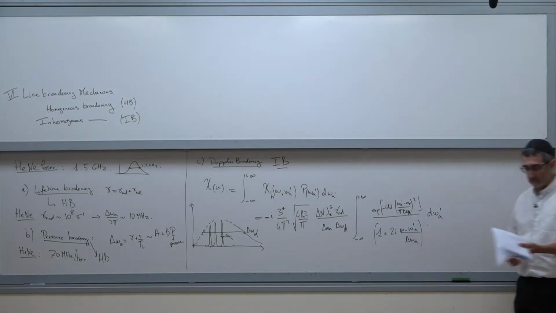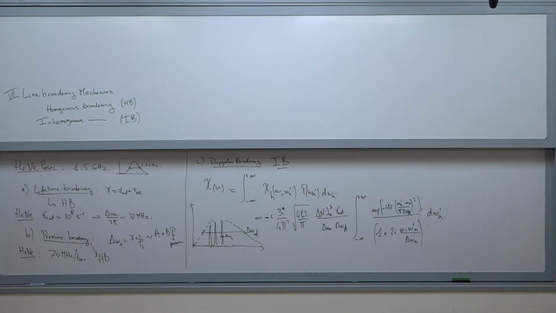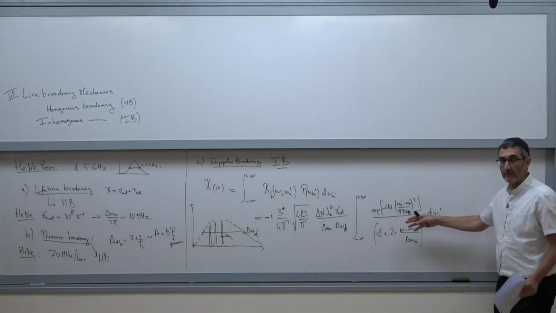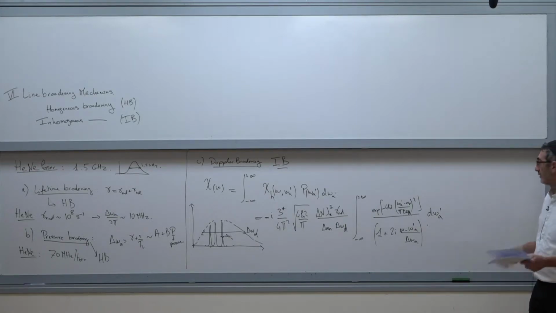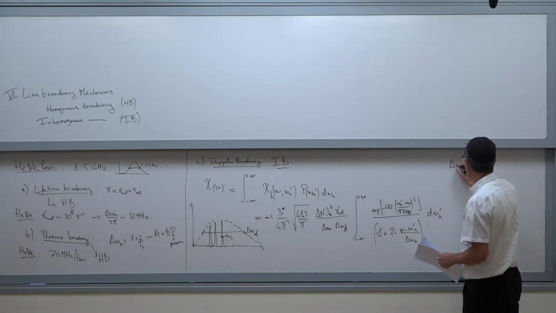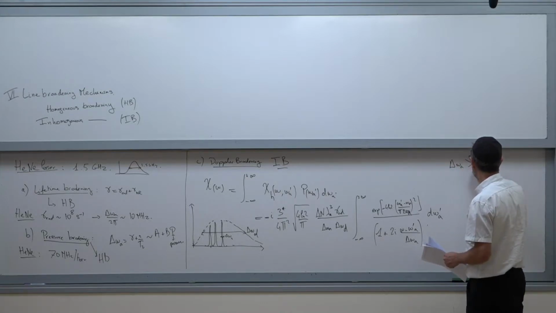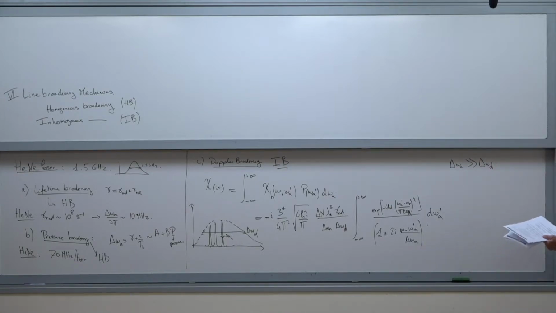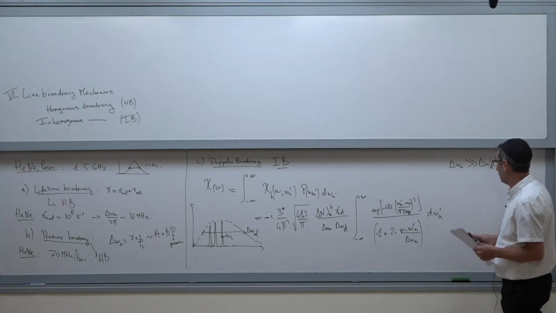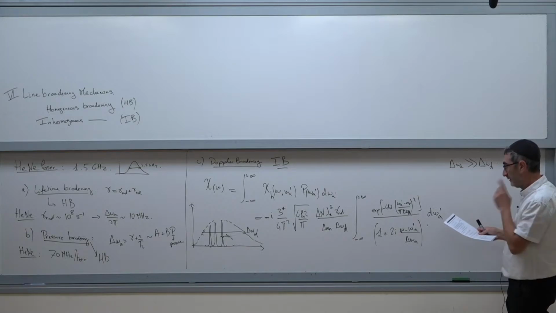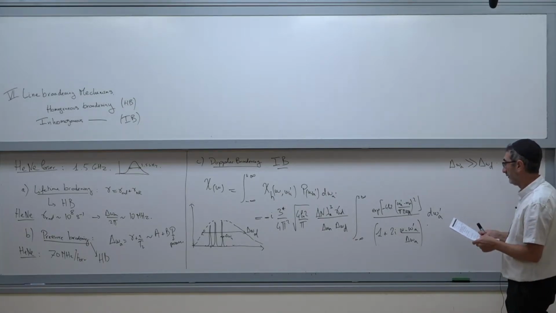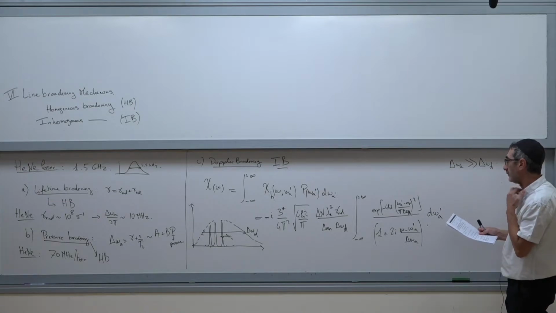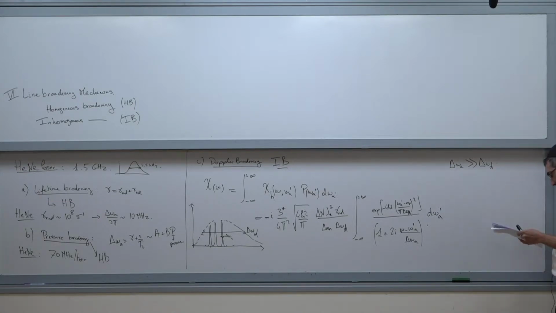Okay, so this is the analytical formula. What you can say here is, you can make some approximation depending on the situation. If delta omega A is much larger than delta omega D, okay. So in that case, you end up here with... Sorry, I wanted to say the opposite. Delta omega A larger than delta omega D. Okay. Then